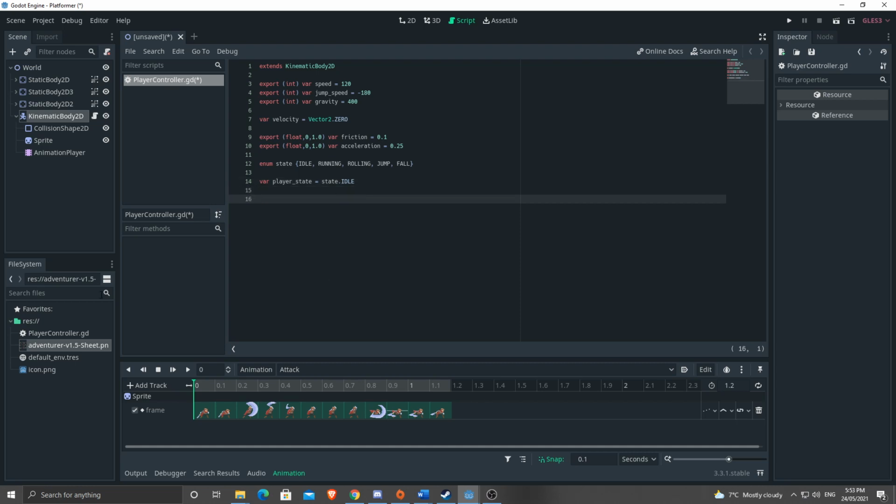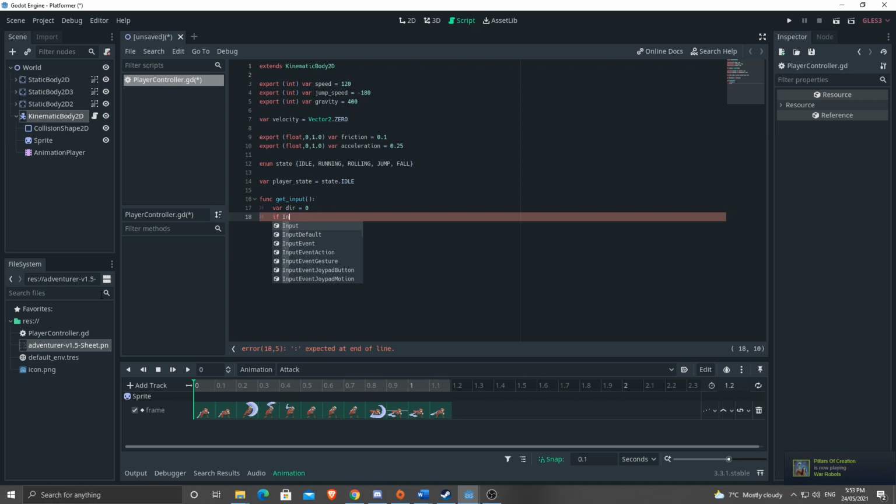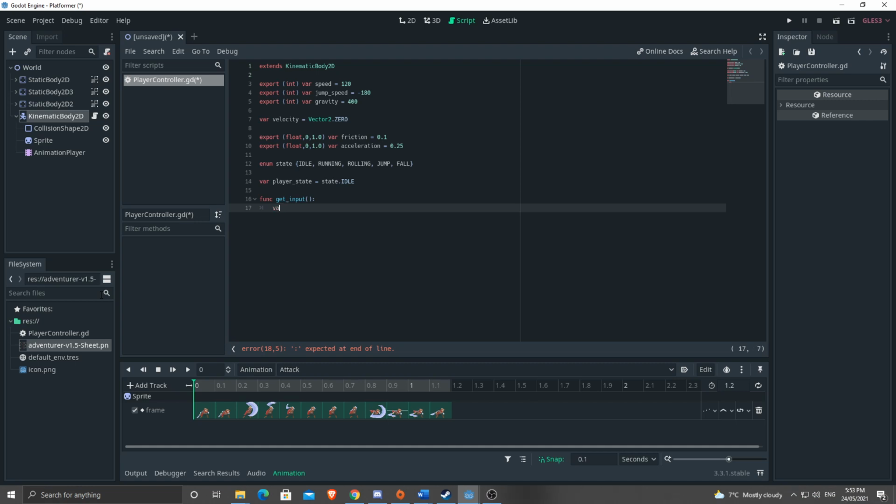Now we're going to write a little function here. This function is straight out of Heartbeast 1. I think I might change it as I go here. Var direction equals 0. If input, I'm going to write this different. And you'll recognize this from his stuff as well. Var dir equals Input.get_action_strength UI right minus Input.get_action_strength UI left. So there's our input. If direction is not equal to 0,